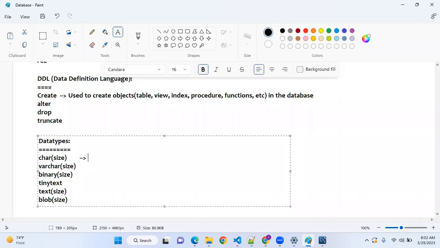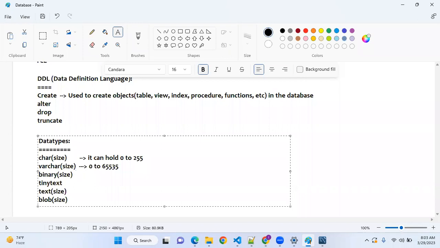And one more thing, when you are saying char, it can hold 0 to 255 only. It cannot hold more than that number. But when it comes to varchar, it can hold 0 to 65535 length. When I say length, guys, you need to count the characters. Kasi contains 4 characters, so the 4 is between 0 and 65535, right? So it can hold that.